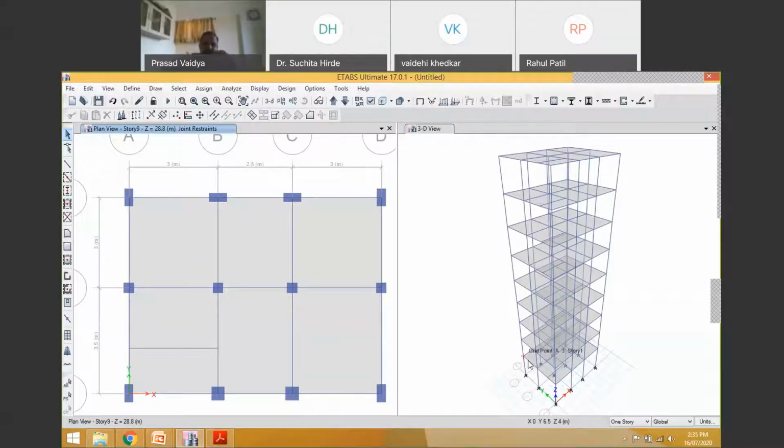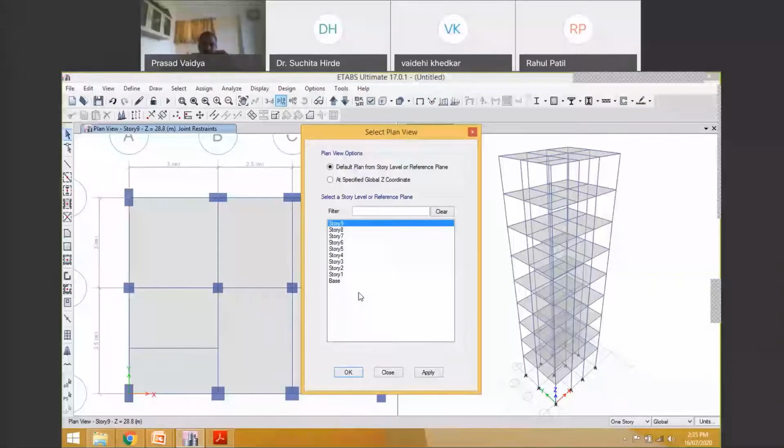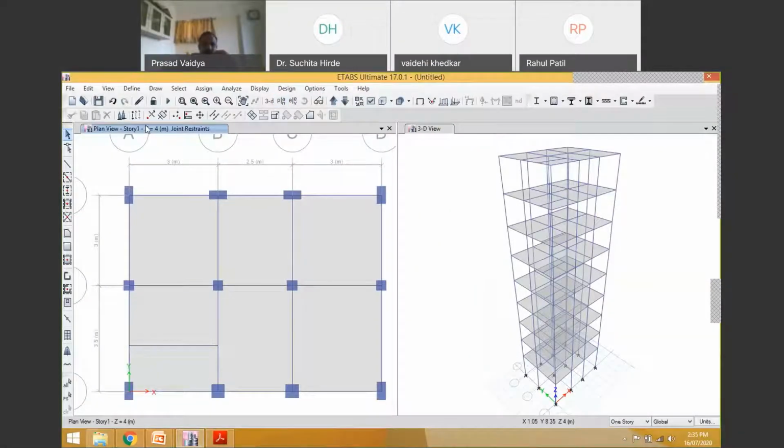Now what I want to do is I need to modify the top floor and the plinth level. The modification in the plinth level is that there is no slab at plinth level, only beams will be present, and in the roof level I have to modify the loads. So for that let us go to story 1, which is your plinth level. Here you can check this plan and story 1. Now I am at story 1. You can see this Z is 4 meter here. So here I don't want any slab. So let us delete all the slabs, select all slabs and just say delete.